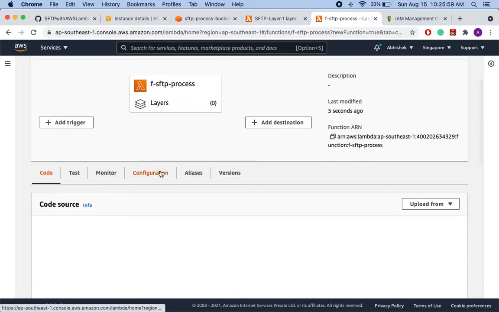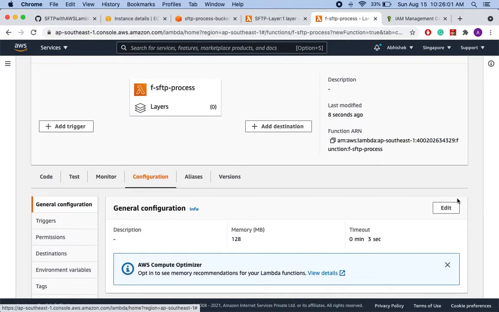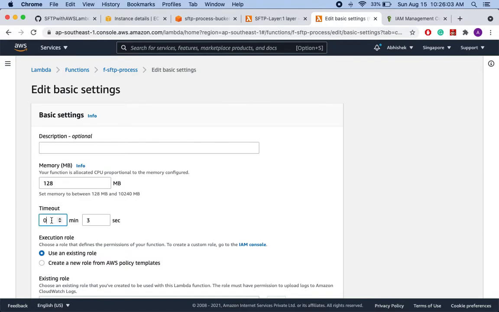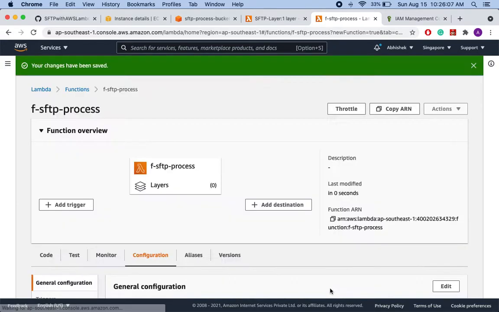So let's change the configuration by updating the timeout period to 2 minutes and add a layer.